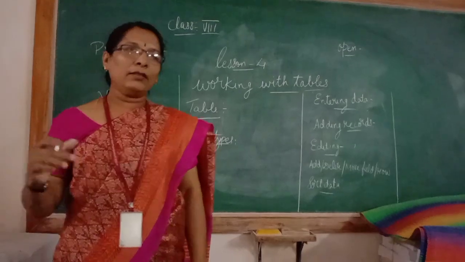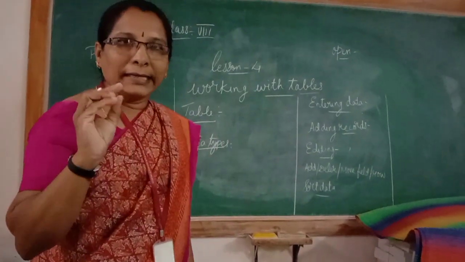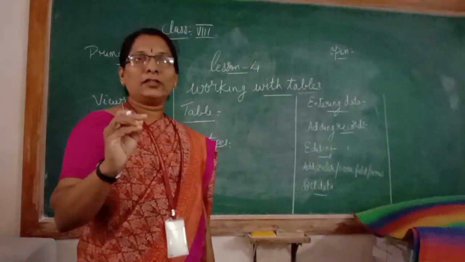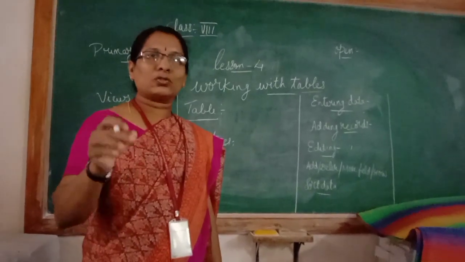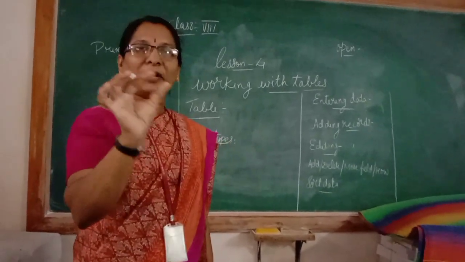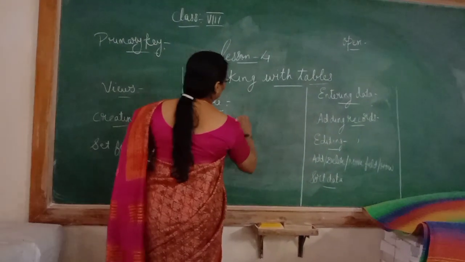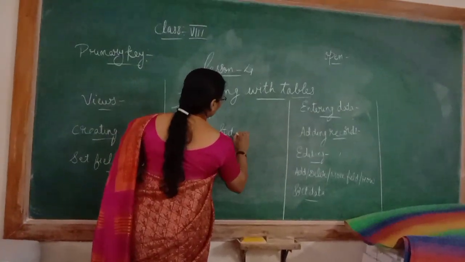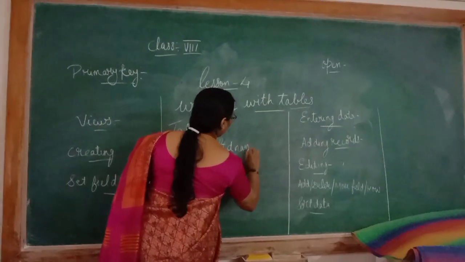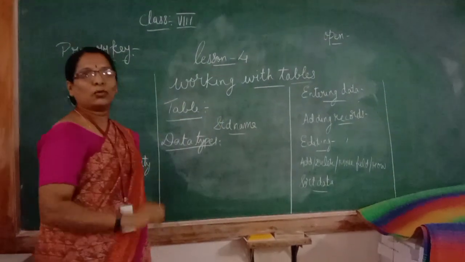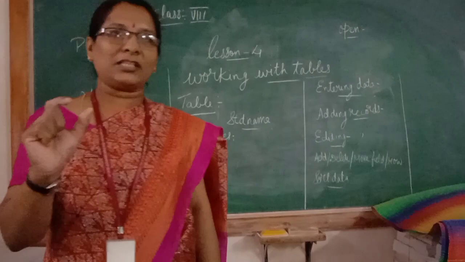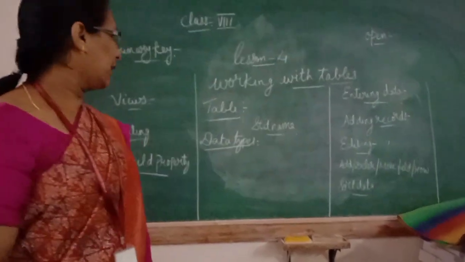For the field title you can give an appropriate name. For example, if you take student details, you have student name, student class, student roll number. So that is the appropriate heading. For student name you can give it in short, that means STD underscore, or just NAME. You can give a short name as a field name. This is just an example. I will show it to you practically again.